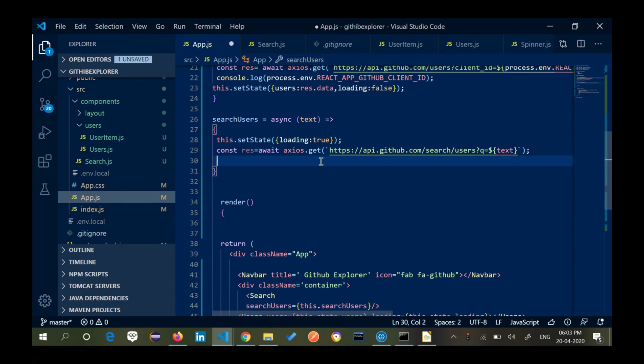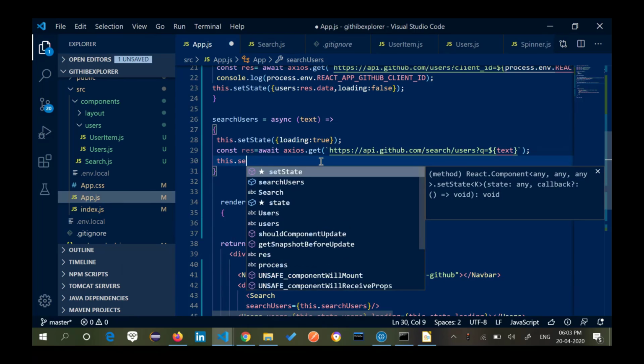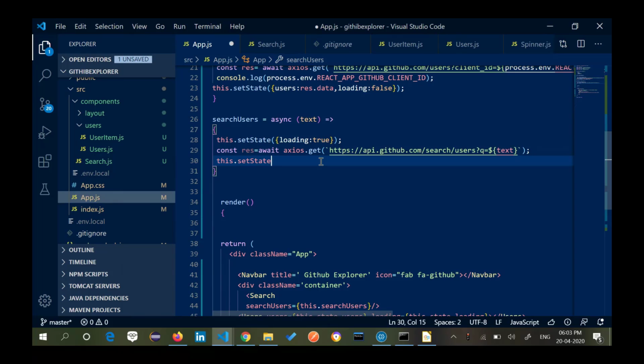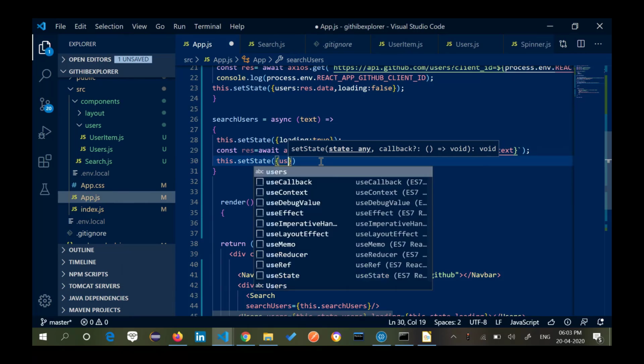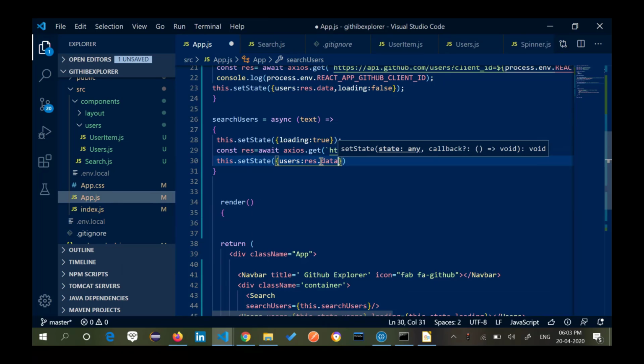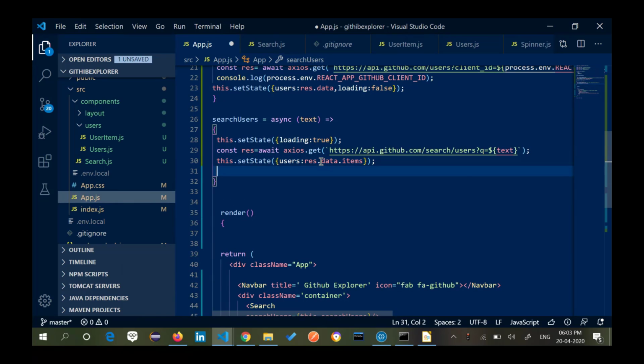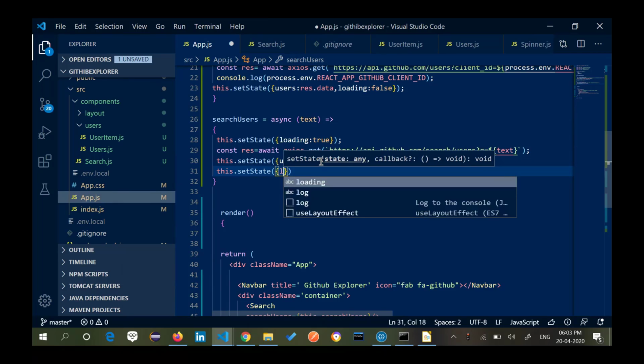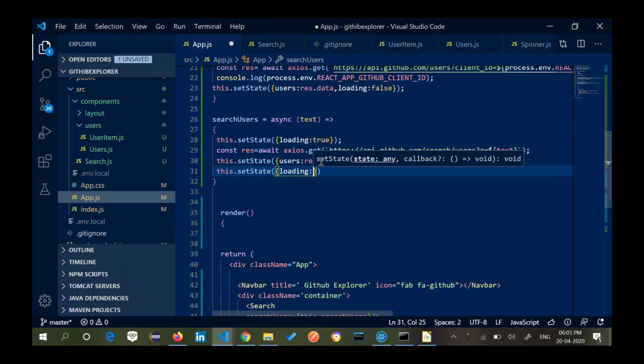Now this.setState, users: res.data.items, and then this.setState, loading: false.